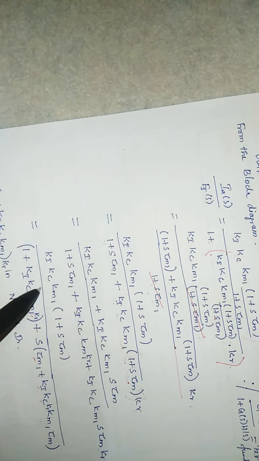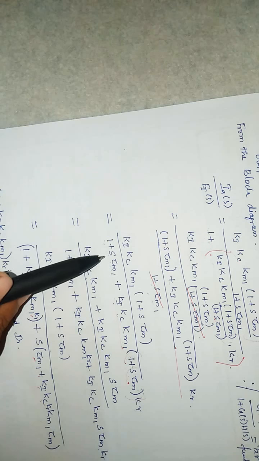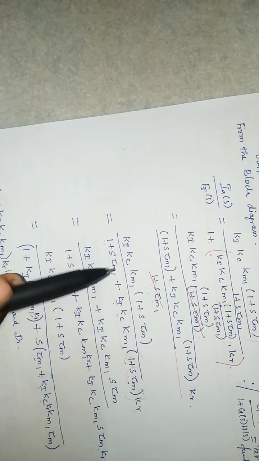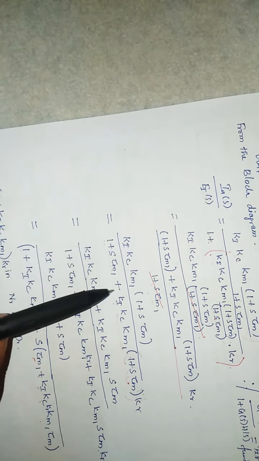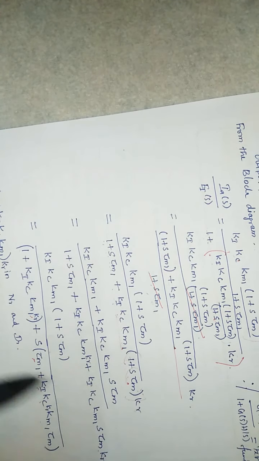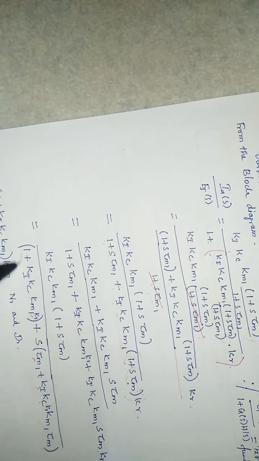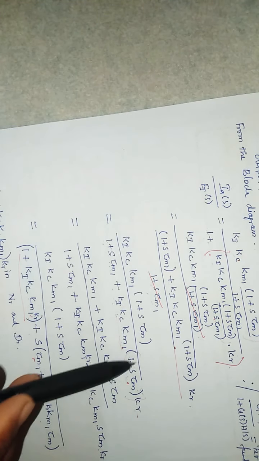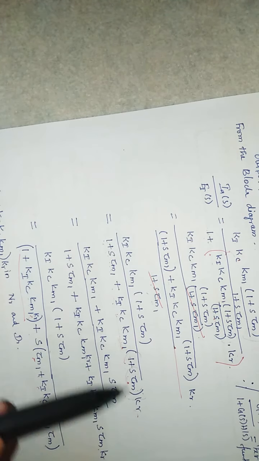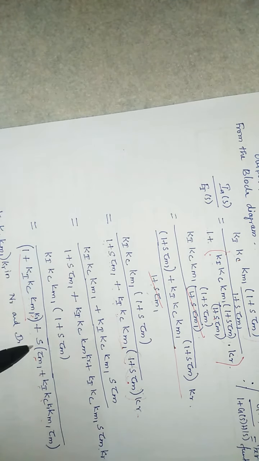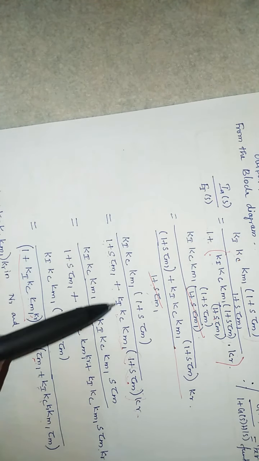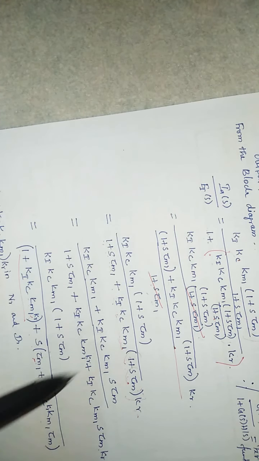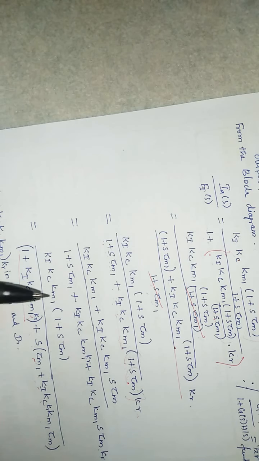The numerator as it is we are taking, and in the denominator we are categorizing the s term and non-s term. So the non-s term in the sense 1 plus Ki Kc Km1 into 1, that is into Kr, that is the non-s term, plus the s term in the sense s here and here, this term in the sense this is multiplied with these two terms. So s into tau m1 plus Ki Kc Km1 Kr and tau m.